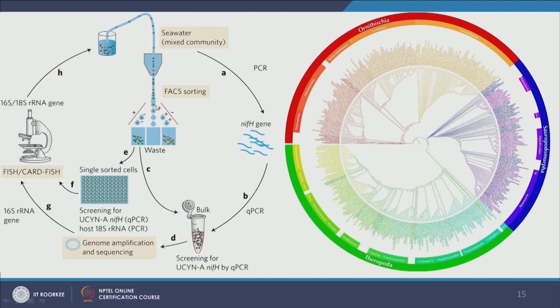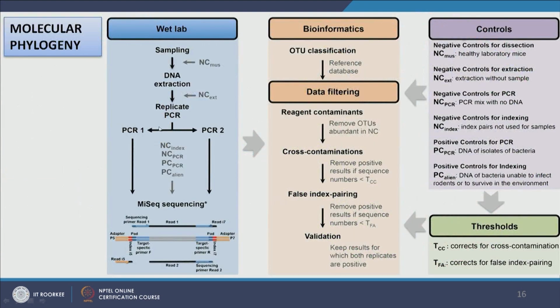So this way the FACS sorter can be used for counting cells first of all, and then sorting them according to their specificity to the fluorophore. And then once I have the single sorted cell, I can do microarray analyses. I can analyze them because I have sorted them according to their functional characteristics, and I can do various kinds of analyses. Now here you have another very nice flow chart for doing molecular phylogenetic analyses of your